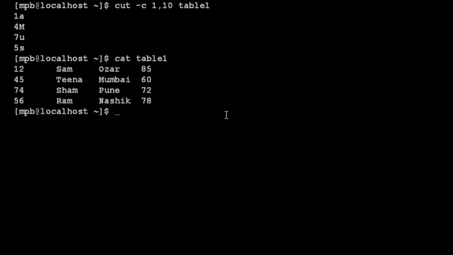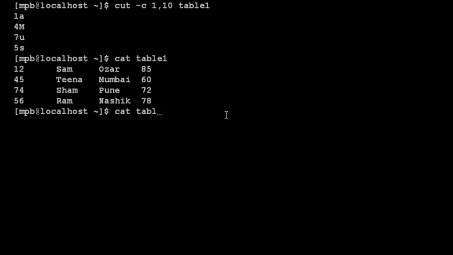So this is the use of the cut command, to cut and display the specific field or character column. Now the next command is the paste command, and the paste command is one of the useful commands in the Unix or Linux operating system. It is used to join files horizontally, that is parallel merging, by outputting lines consisting of lines from each file specified, separated by a tab as a delimiter. And as you all know, whenever we create a table, we always use the tab button to specify the space between two columns. So here also in table 1 I have done the same, and table 1 and one more table I need for the paste command.